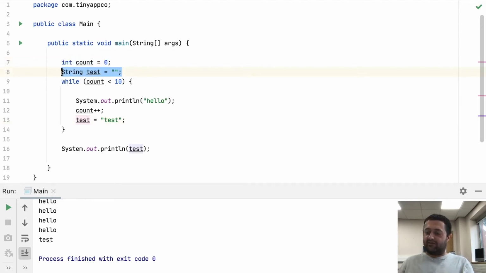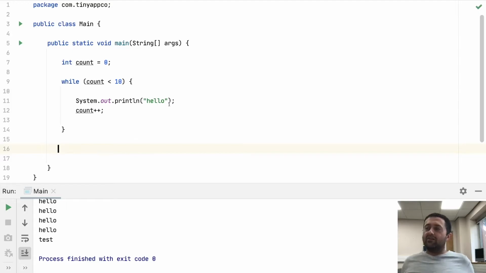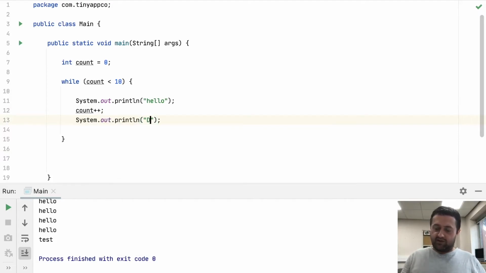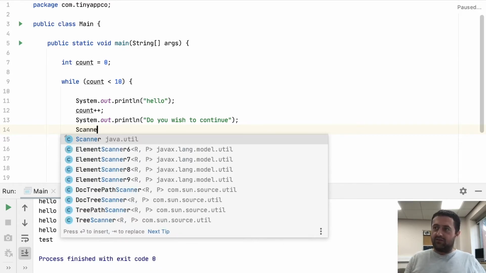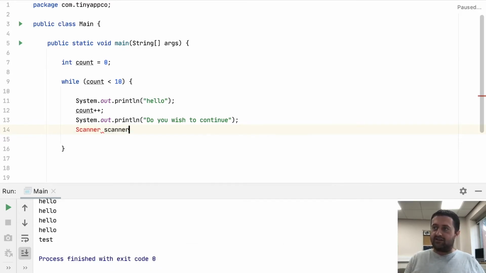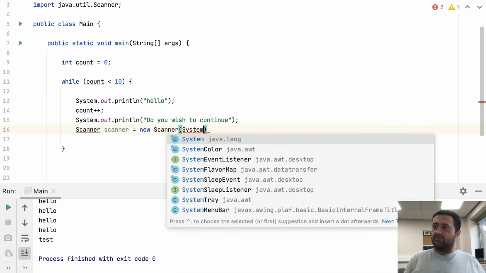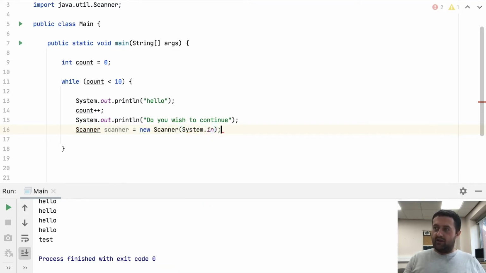let's get rid of our little bit of test code. And what we'll do is we'll ask it to count up to 10, but after each time it's counted, we'll ask our user, do you wish to continue? And then we'll use the scanner. I haven't got a scanner. I could create my scanner in here, so I can say scanner equals new scanner system.in, and then I could say